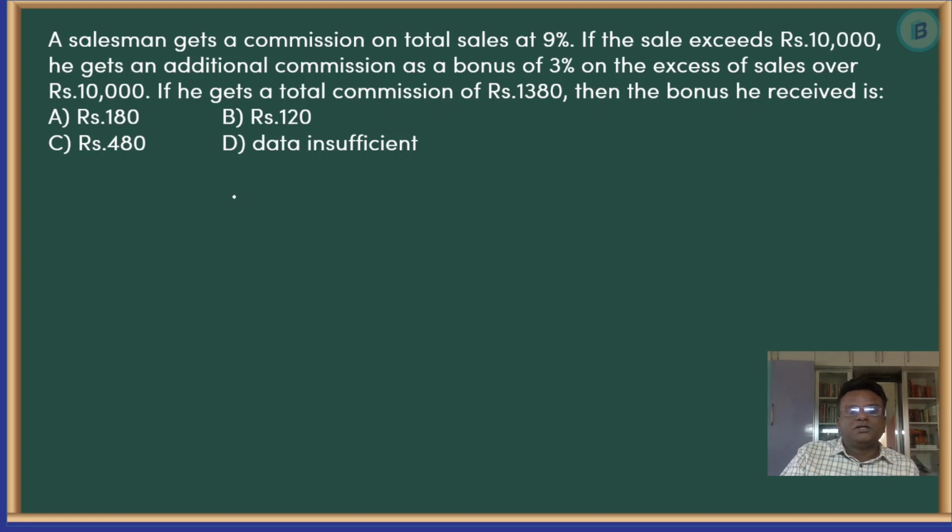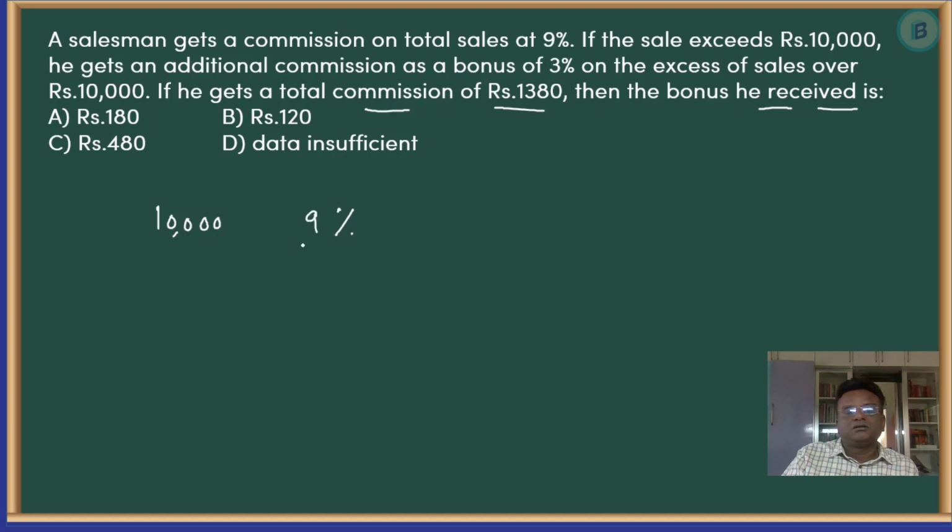Okay, this is a good interesting question. A salesman gets a commission on total sales at 9%. If the sale exceeds rupees 10,000, he gets an additional commission as a bonus of 3% on the excess of sales over 10,000. If he gets a total commission of 1380, then the bonus he received is. So understand what is happening here. A sales guy is selling something. As long as he sells 10,000 rupees worth of material, he gets